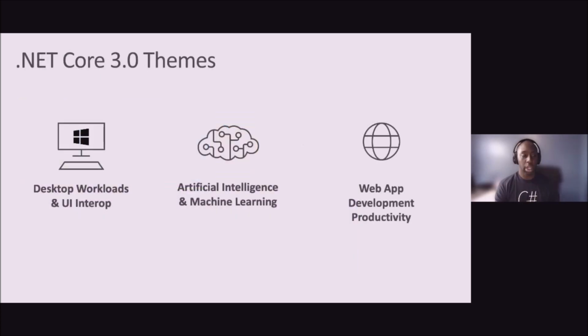And again, like I mentioned before, here are some of the major themes that were covered in .NET Core 3. We talk about desktop workloads and the UI in and around. In .NET Core 2 and in your previous versions, we weren't able to write applications that ran specifically on Windows, like UWP applications or Windows Forms applications, because these were very specific to Windows. They were very much reliant on things that were tied closely to that operating system, and they still are today. But now, you have the ability to add these types of applications to your .NET Core